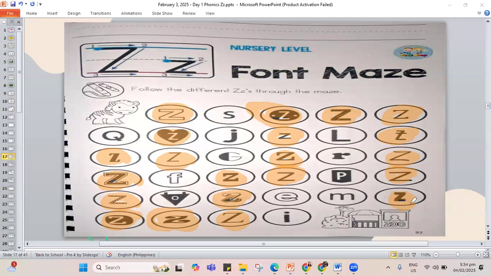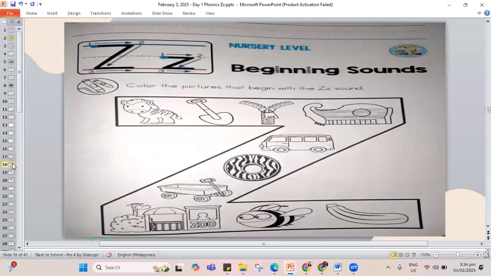Now, since I'm done with this page, I will move on to the next work. But if you're not yet done on your end, pause the video, play it again once you are done. Let me erase the writings. I'll be moving on to the next page. And that is to color for the things that begin with the letter Z, the ones with the Z sound. So for this one, you get to first write your name and you get your crayon. There are things here that we need to color for our letter Z.